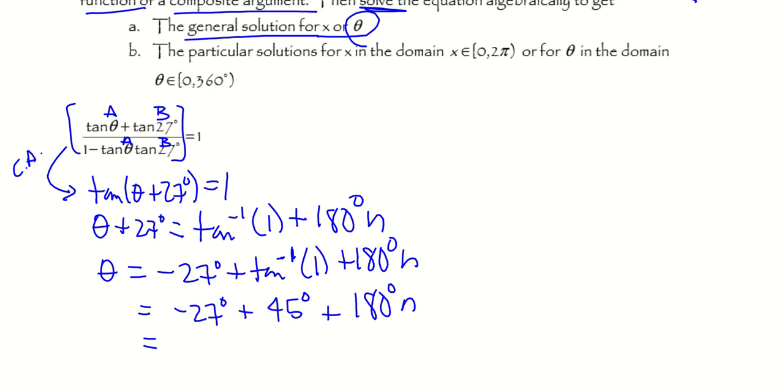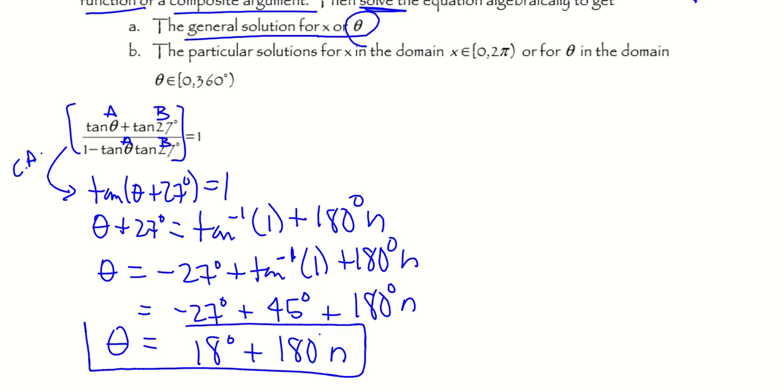Well, 45 minus 27 is 18, so we get 18 degrees plus 180 degrees n, and that is our general solution for theta. So this was our general solution. To find the particular solutions for x, or theta in this case, in the domain of 0 to 360,